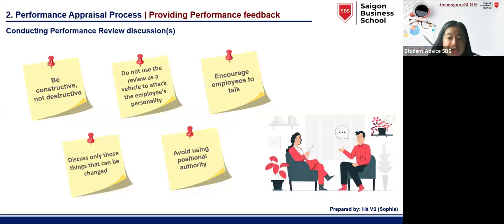Feedback is most effective when directed at behavior the employee can control. And it's very important that the manager avoid using positional authority. It's better to hold a discussion in a neutral setting, emphasizing joint problem solving and mutual goal setting rather than